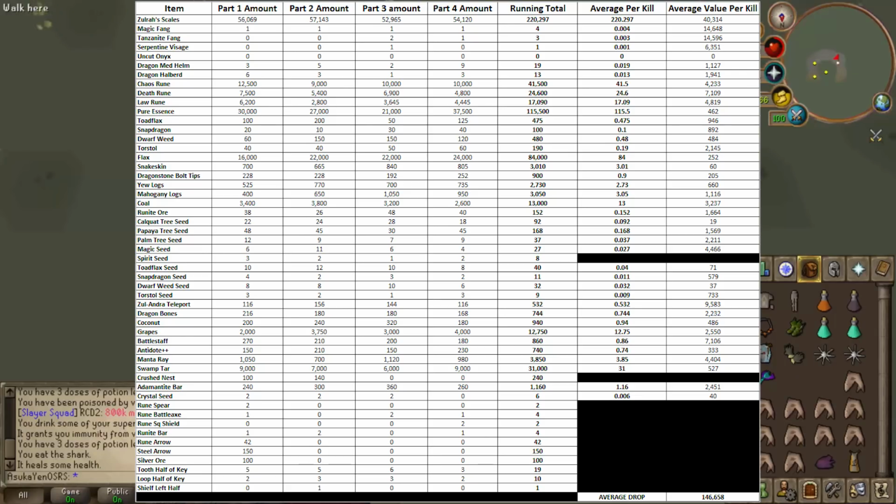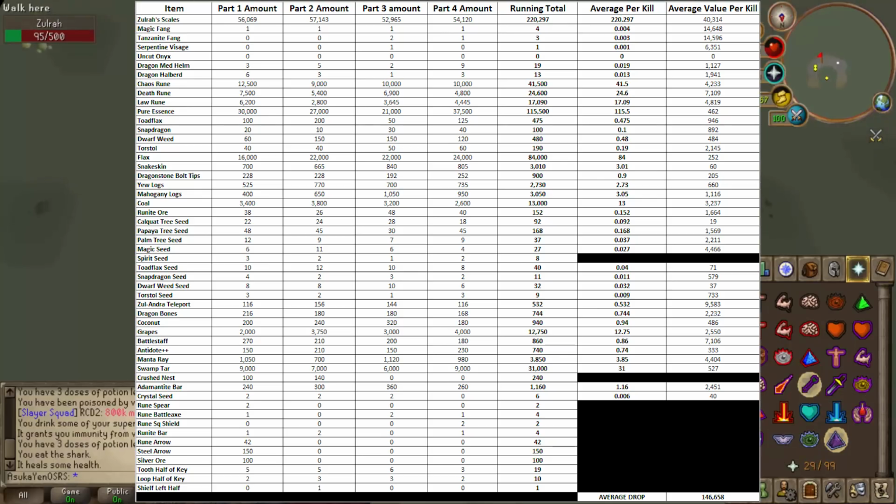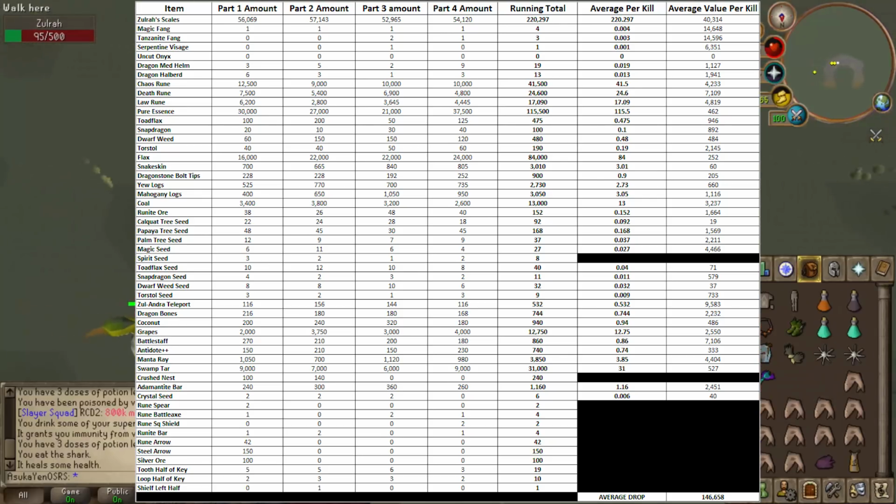40,314 GP. And if you want to scroll through here, you can actually check out some other things like Chaos Runes. I averaged 41.5 per kill, Death Runes 24.6, and a little bit lower, I ended up averaging 3.05 Mahogany logs per kill. But yeah, like I said, it was just some cool math, and you can actually also check